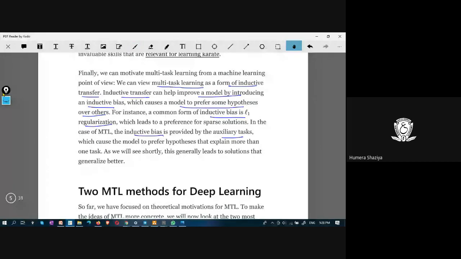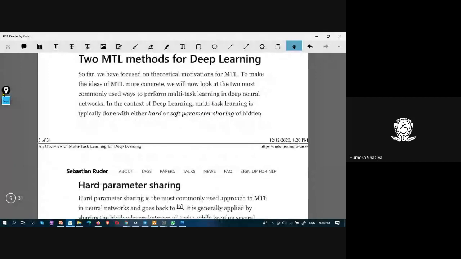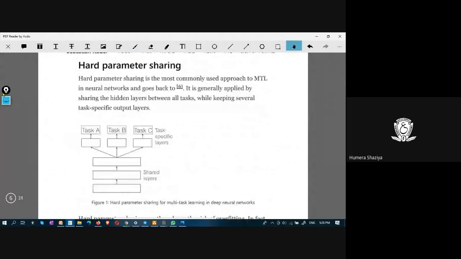There are two MTL methods for deep learning. Here, hard or soft parameter sharing. Multitask learning is typically done with either hard or soft parameter sharing. Hard parameter sharing is a commonly used approach to MTL in neural networks, and it is generally applied by sharing hidden layers in all tasks. These hidden layers are shared between these three tasks. Instead of having three different hidden layers,